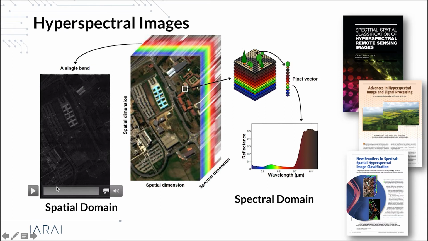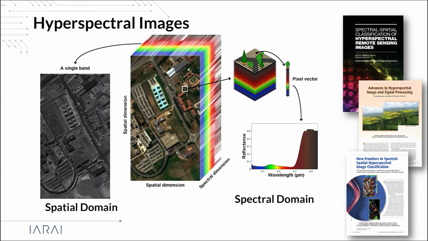From the spatial domain, a hyperspectral data cube can be considered as a stack of grayscale images with different wavelength intervals. In the spectral domain, a hyperspectral data cube can be considered as a concatenation of n pixel vectors, where n shows the number of pixels, and the length of each vector is equal to the number of bands or